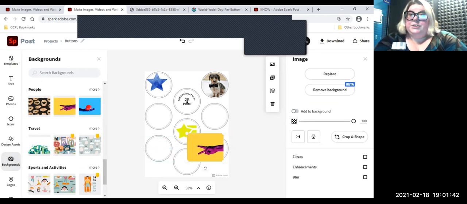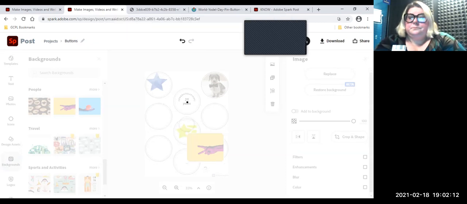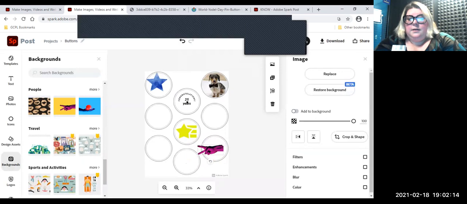There is a cool feature that I really like. It is the remove background feature. So you can do some really cool things and play around with that. If you have something that you want to remove the background from, you can click here. It doesn't always work as well as you would like, but if it's a really crisp picture, then it will tend to work pretty well. So especially if there's a distinct background. So you can click and